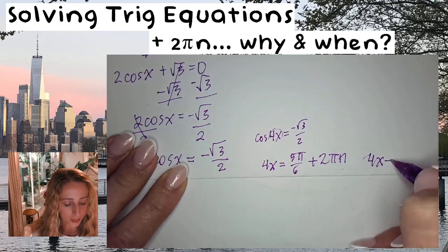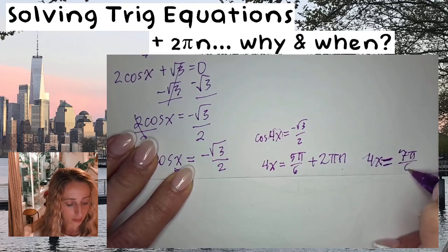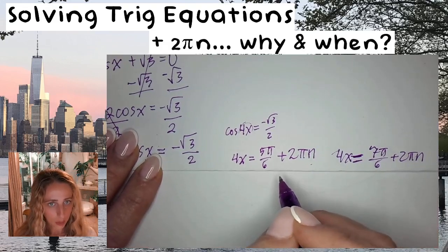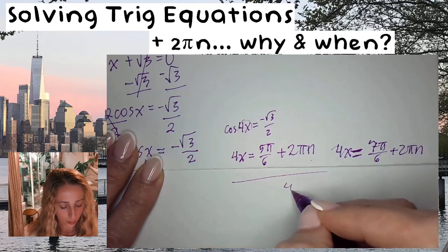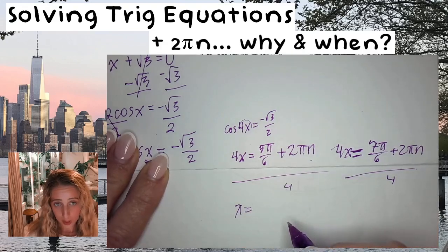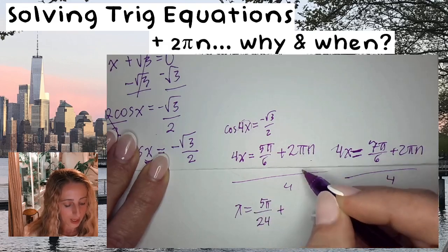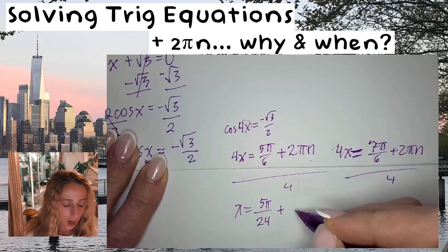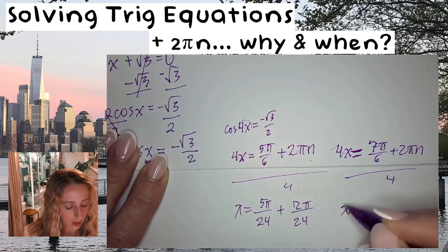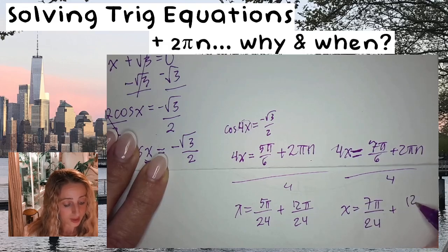And then the other is 4x equals the other answer, 7 pi over 6, also plus 2 pi n. From here, I'm going to divide everything by 4. That means I have x equals, dividing by 4 is multiplying by 1/4, so that becomes 5 pi over 24, plus, now it's 2 pi over 4, let's get a common denominator, that's 12 pi over 24. And then here, I'll get x equals 7 pi over 24, plus again, that 2 pi,